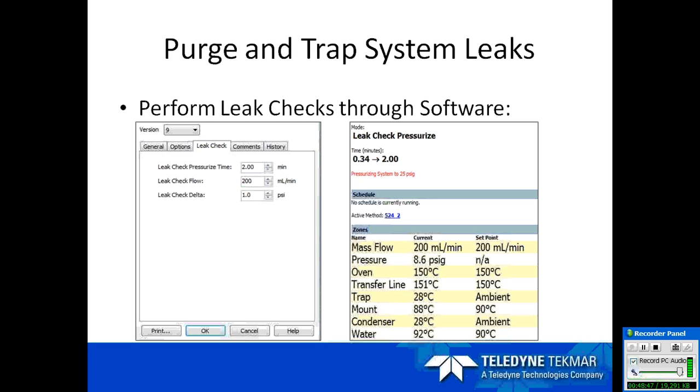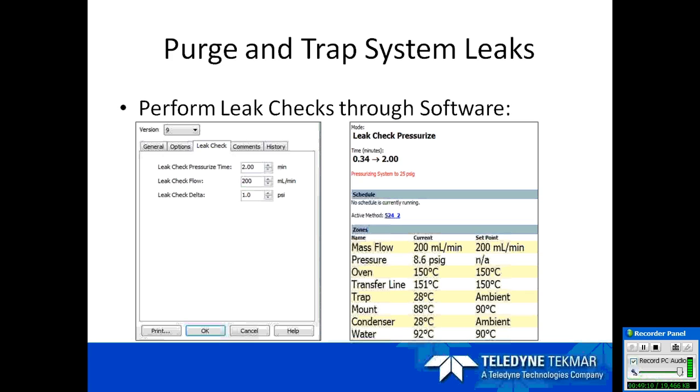And it also works in the opposite effect. If for some reason you have some type of plug in the system that might be causing a high back pressure, it will have the same effect, so that it will compensate in order to make sure that that flow stays at 40 mils a minute. Now, once the mass flow controller hits, I think it's 60 or 65 psi, it will shut the system down